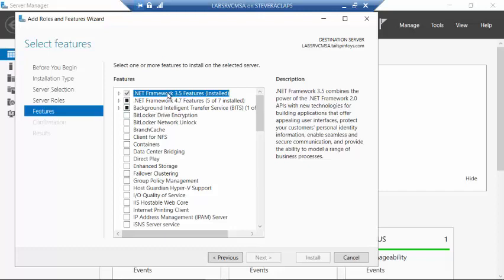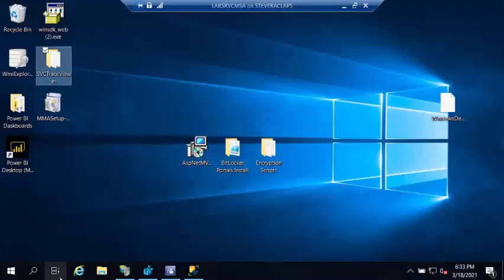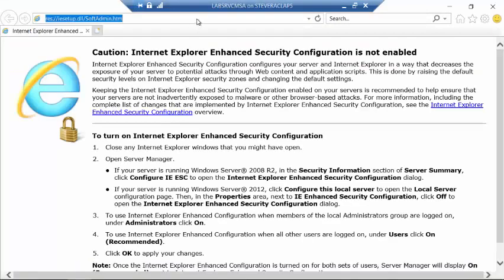The other thing you need is ASP.NET, specifically MVC 4.0. You might be tempted to think you can do that with Server Manager, and you can do that, but once you install the portals, they will not work. Instead, what you need to do is go to